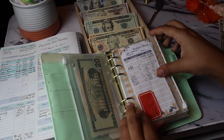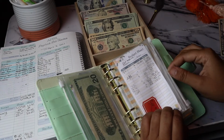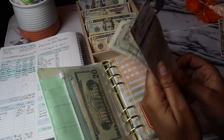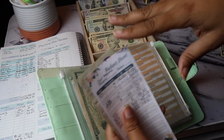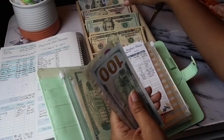Next we have car maintenance. Car maintenance is going to be getting $20. I want to get car maintenance to $500. That's my deductible for my car insurance if something ever happens to my vehicle. Honestly, I really would love it to be at $1,000, but right now our goal is $500 to be our deductible. So $20,